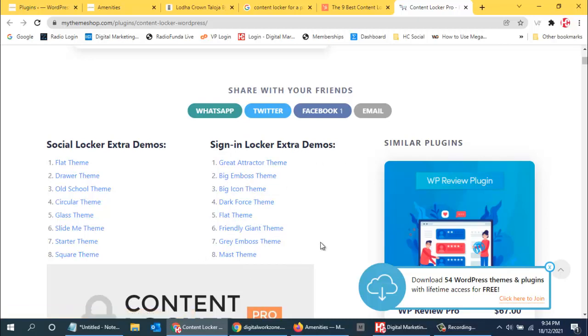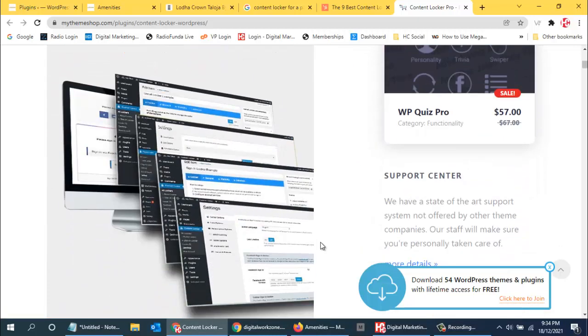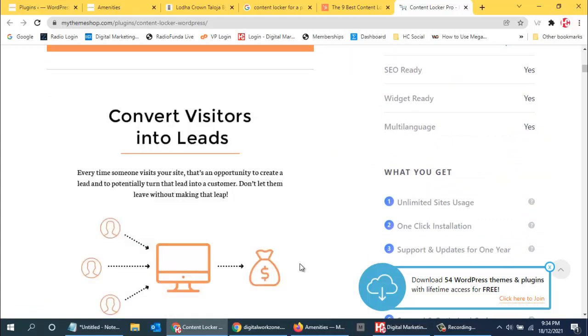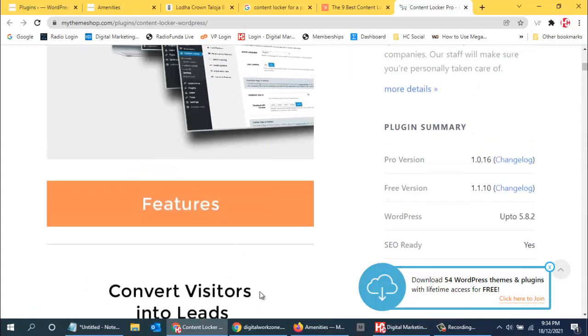So this requires research. I have never used this. I have never locked any content on any of my websites. The only thing is that you need to do some research on these content lockers.